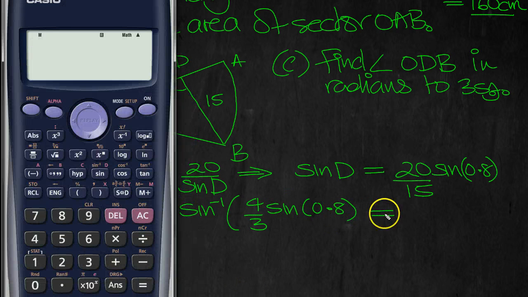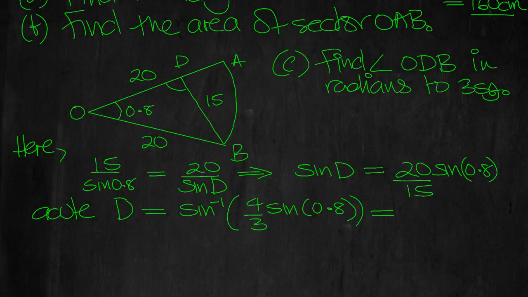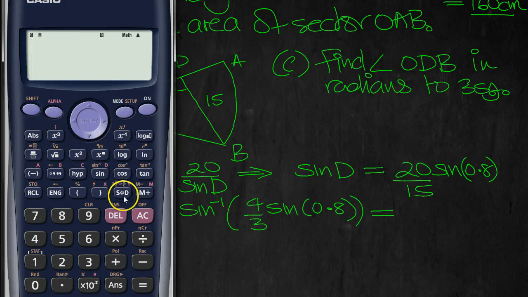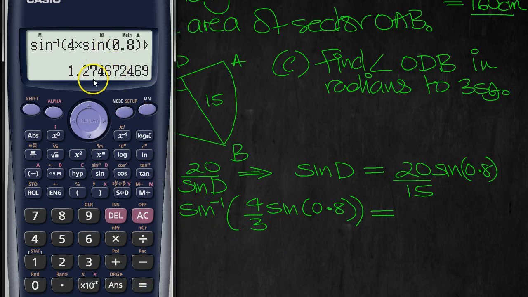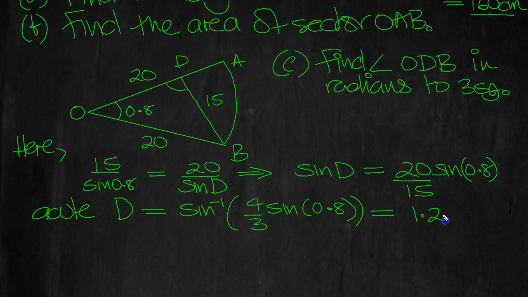So let's get that then. So it's shift sine. We're in radians mode. 4 times sine 0.8, close bracket, divide by 3, equals 1.27 to 3 significant figures, but we'll write down the more accurate number to start with. 1.2746. But that was the acute angle, which is basically the angle here, because that's the acute, but this angle